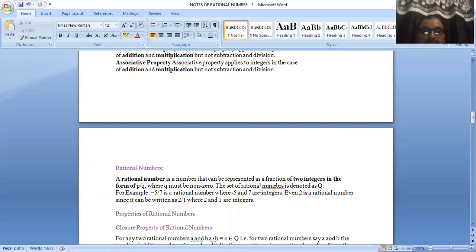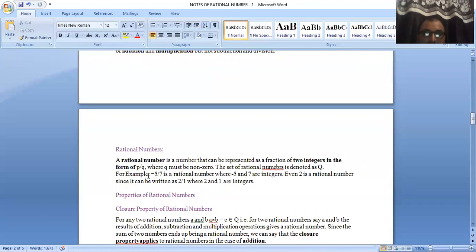In a simple way, we can say a rational number is a number which can be represented in the form of p upon q, where q is not equal to 0, because it's given that q must not be zero. In any condition, q is not equal to 0, q must not be 0. Okay,